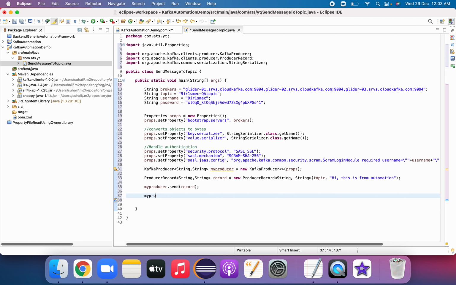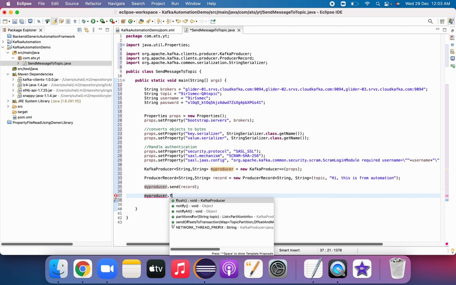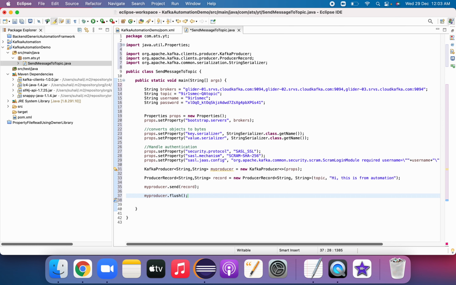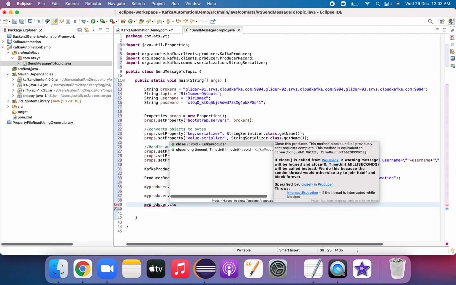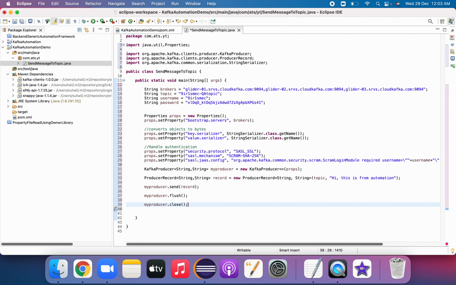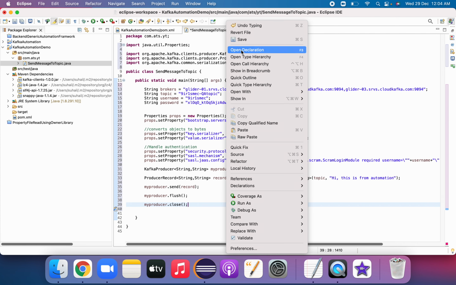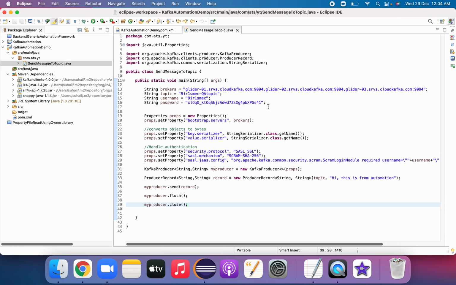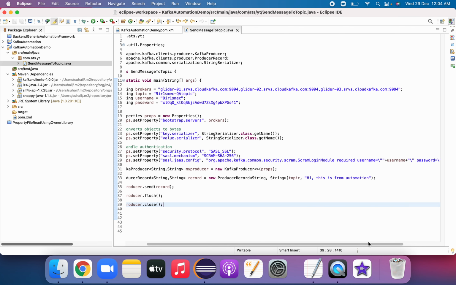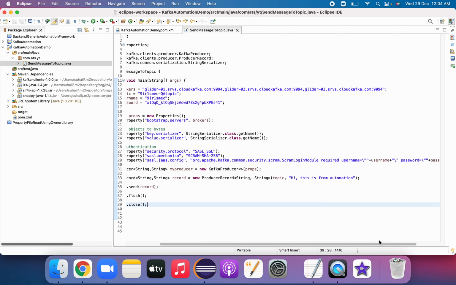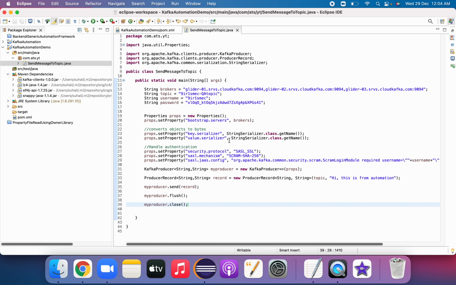What flush will do, flush will push if there are any pending records, and close will close this producer instance, and after that you cannot push anything to that topic. So this is the overall basic code which we need for pushing the data to the server.